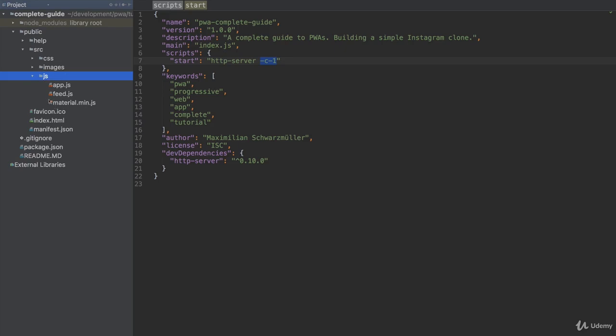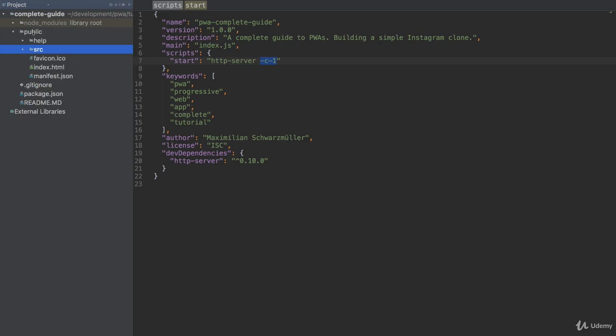Now, clearly we don't have any in there. The JavaScript files here are, of course, no pages. These are JavaScript files. I'm talking about HTML pages. So the JavaScript folder is the wrong place to add the service worker. Instead, you typically add it in your root web folder. So the folder which gets served by your server, in our case, the public folder. Then you ensure that the service worker applies to all pages in your application,